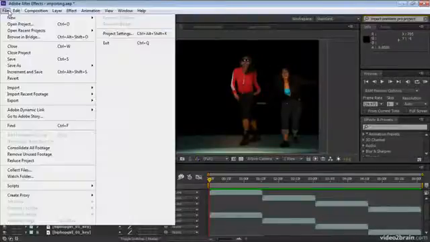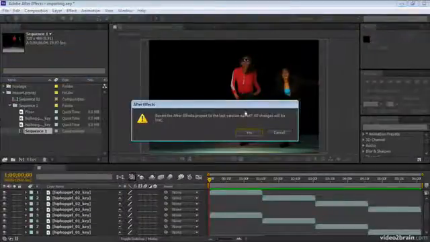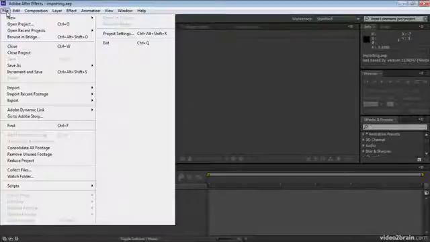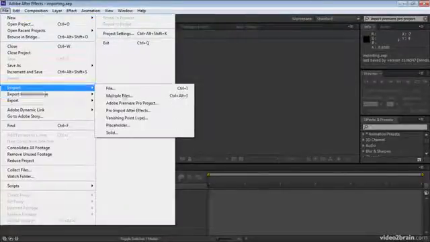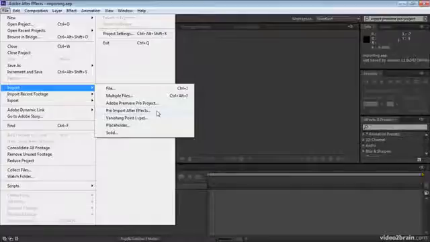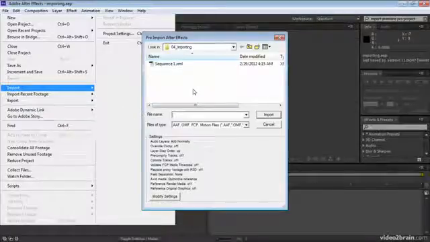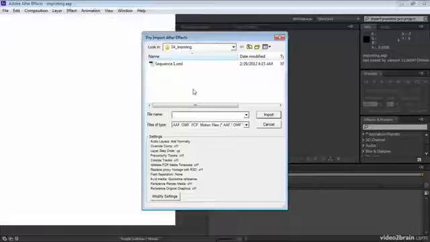Let's again go to File, Revert, to go back to a fresh project. And now let's import a Final Cut Pro project. File, Import, Pro Import After Effects. The Pro Import After Effects command uses software that is related to software from Automatic Duck called Pro Import AE. Click this, navigate to the XML representation of the Final Cut Pro project, sequence1.xml in this case, click Import,